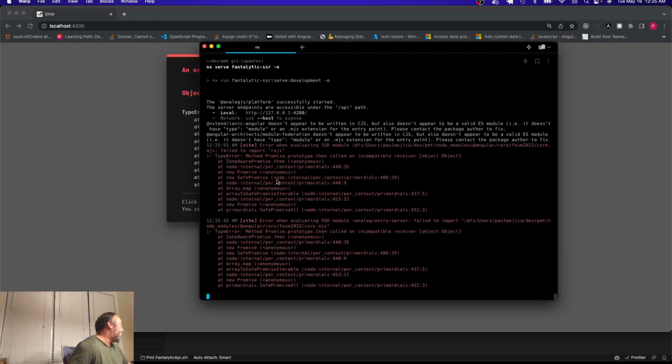Let's see, yeah. And so here when we look at it, it says that there was an issue loading, I believe it said something about RxJS. Yeah, failed to import RxJS, which is super weird. I did some researching online, and Brandon Roberts came to the rescue again, and he mentioned trying to use Node version 18. So when I went here and I